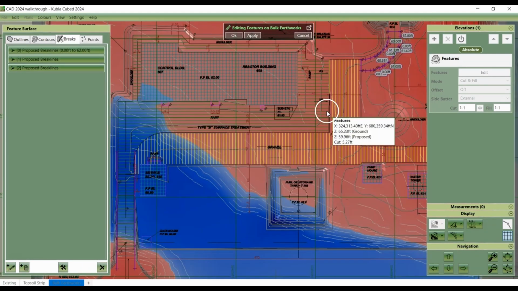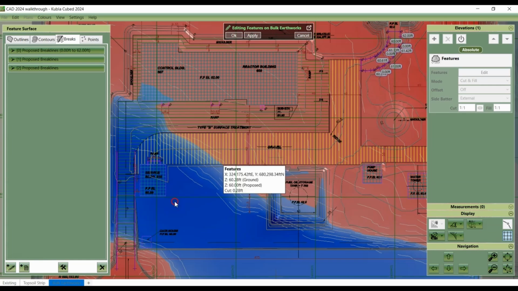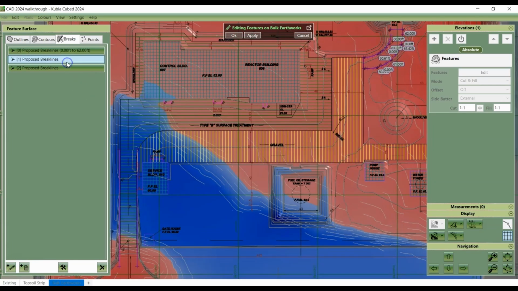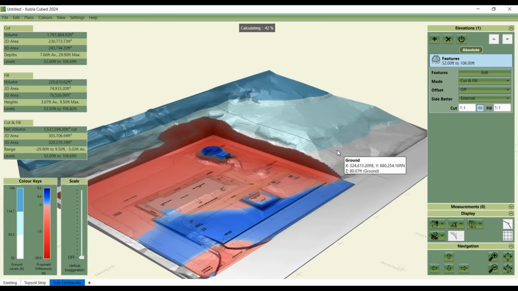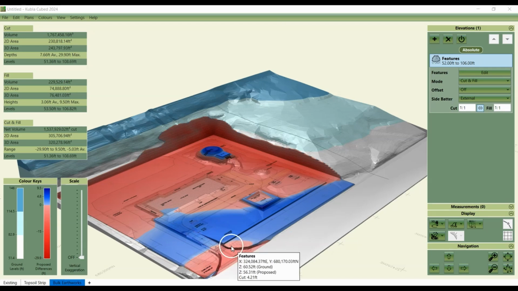So with these break lines, you'll see that this one has got the elevation set, and then these ones have come in as not set. Okay, so this step just refines the finished topography and enhances the accuracy of the proposed model. And we can see these lines here have just made that a bit cleaner.